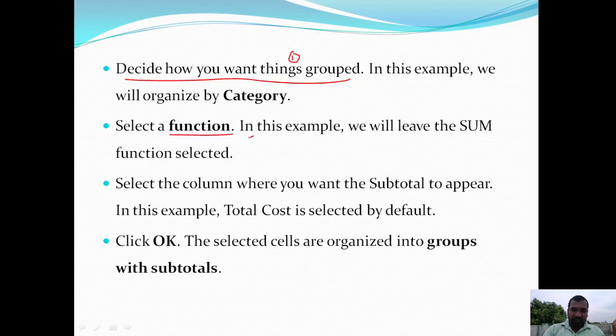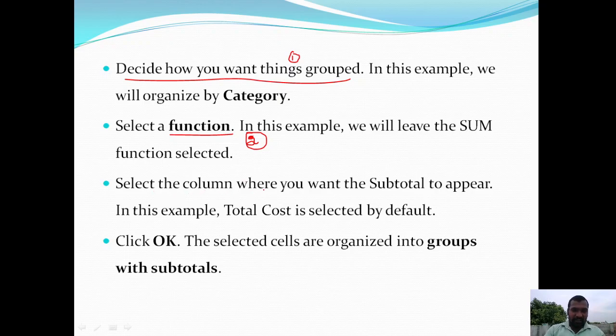Then select a function: what kind of operation you want to display in the subtotal. Whether you want the total, the maximum or minimum, the average, or the count. That you choose as the second option.